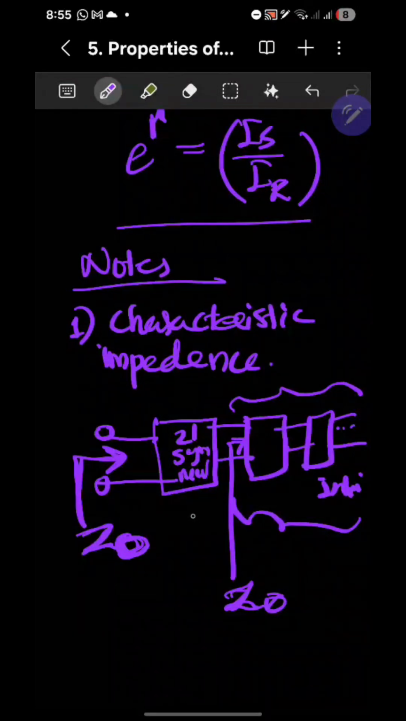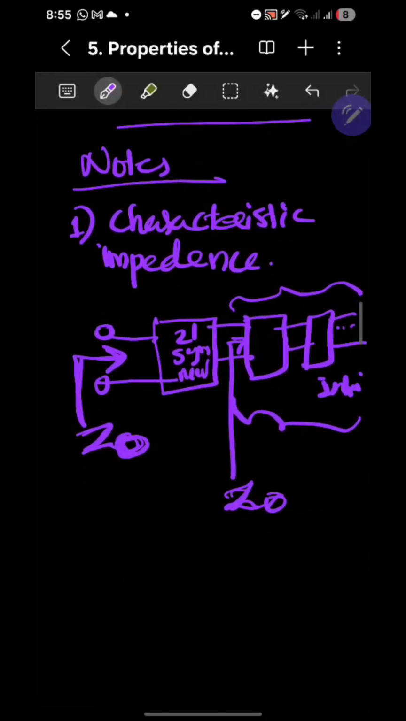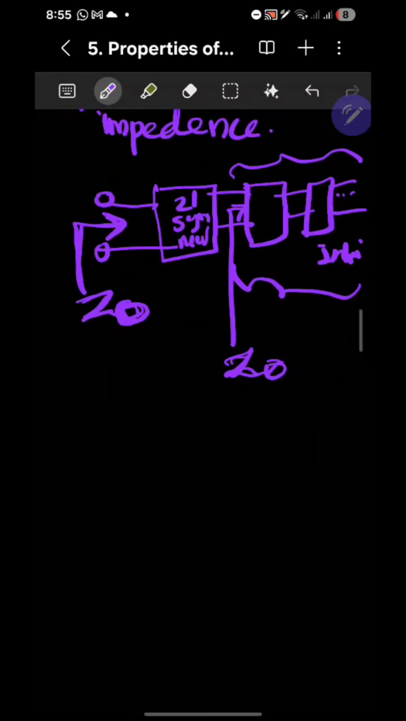So if it is an infinite network, then the impedance seen from the input side is the characteristic impedance. That is one of the points we have to note. So characteristic impedance is the input impedance of a symmetrical network cascaded together with an infinite number of networks. Second point is